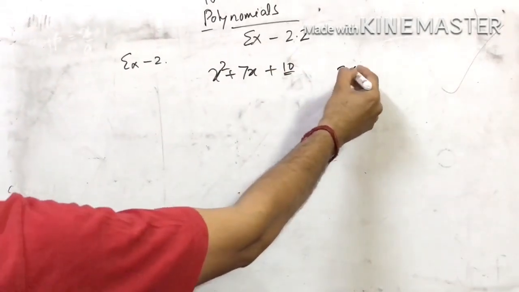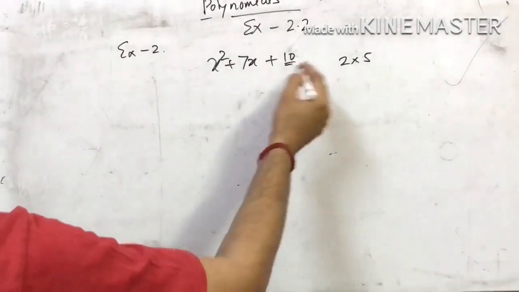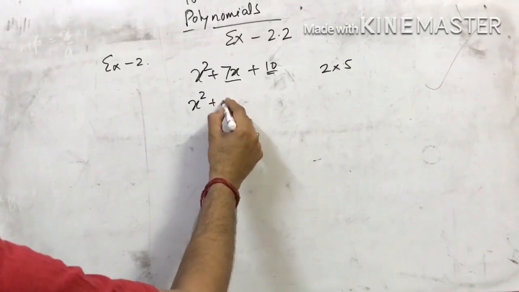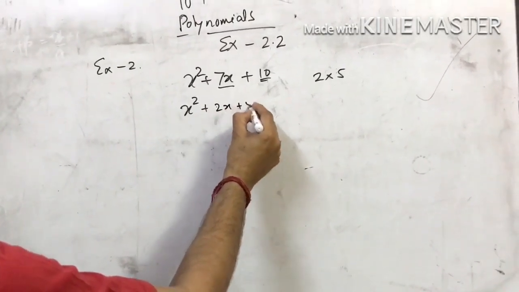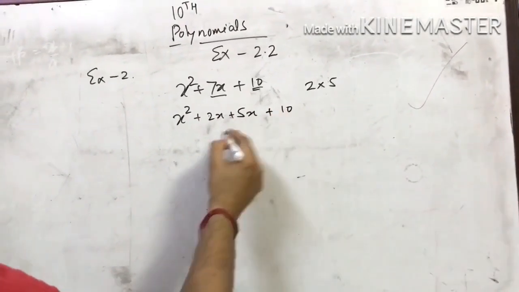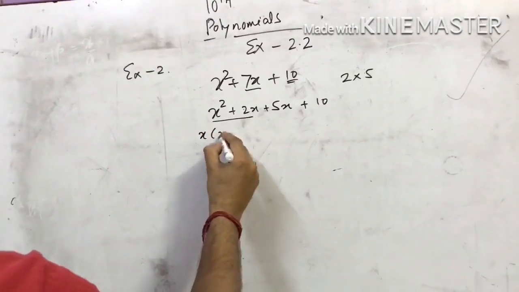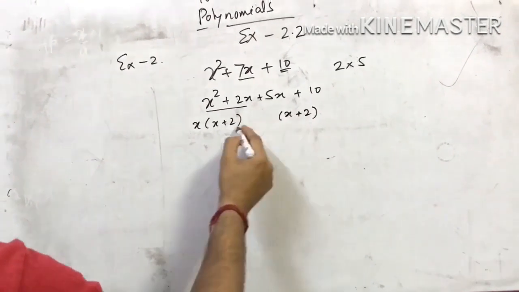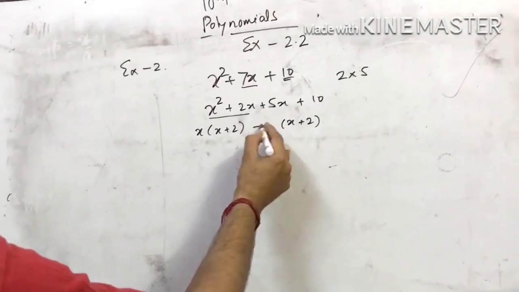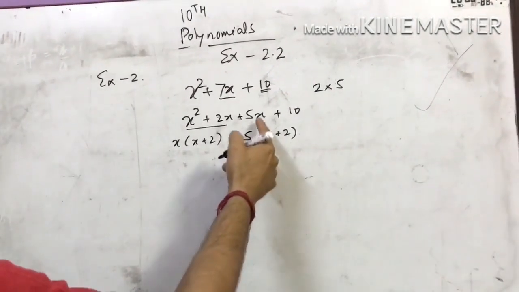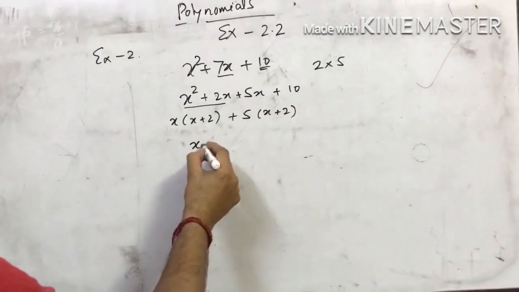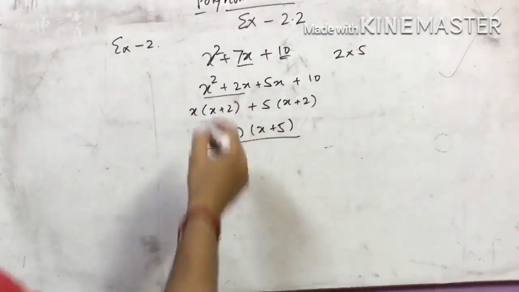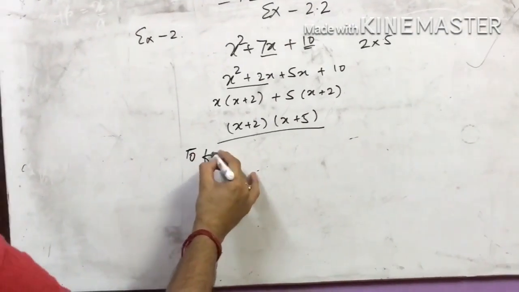Find its factors and see, the idea is that by adding or subtracting you can split the middle term. Now you will see the factors are such that you can easily split it. Now from these two take common, leave some space, write down the same bracket again. When you put 5 here you will get 5x, and 5 twos are 10. So x plus 2 you can take common, so x plus 5. These are the two factors. Now to find zeros, what will you do?